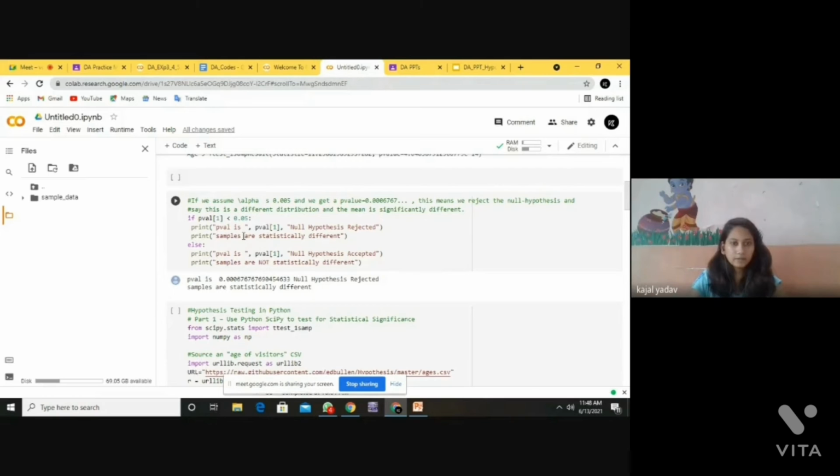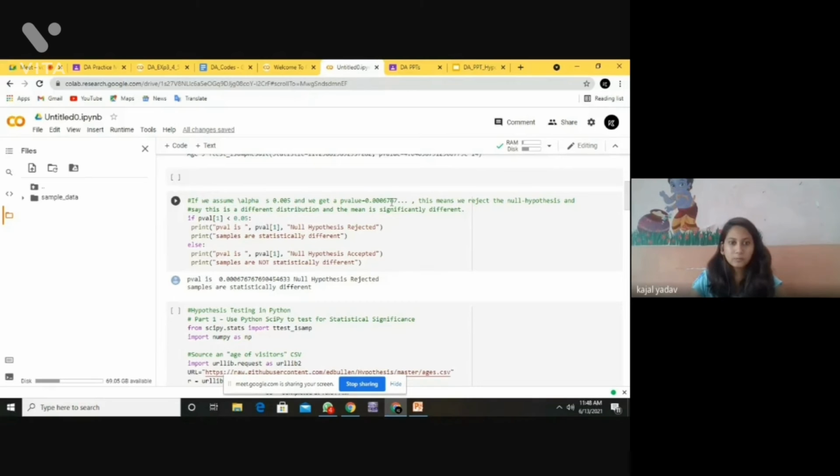If the p-value at index 1 is less than 0.05, we print that the null hypothesis is rejected and the samples are statistically different. If this condition is not true, then it will print that the null hypothesis is accepted. This is a simple example.